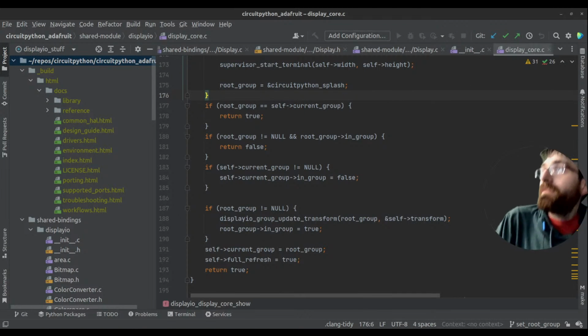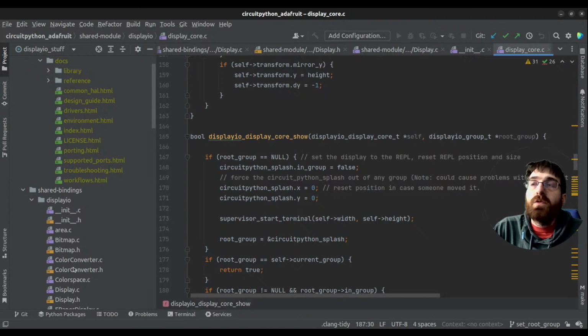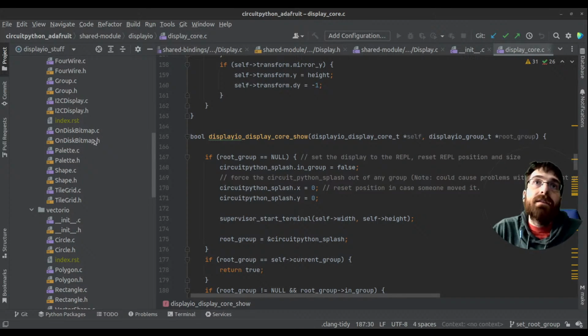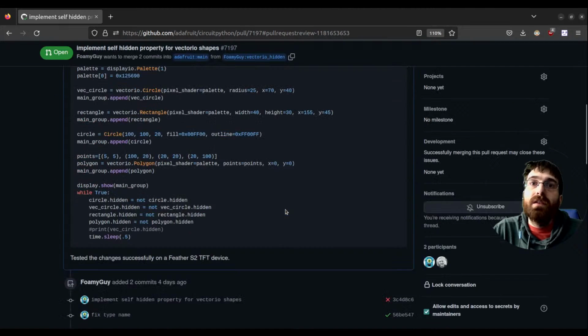Okay. I think we're finally ready. I am working on some core displayio stuff, some related to one of the weeds topics from the meeting yesterday, some related to the last stuff we worked on in the core, which was the vectorio hidden. So I saw Scott's feedback on there today